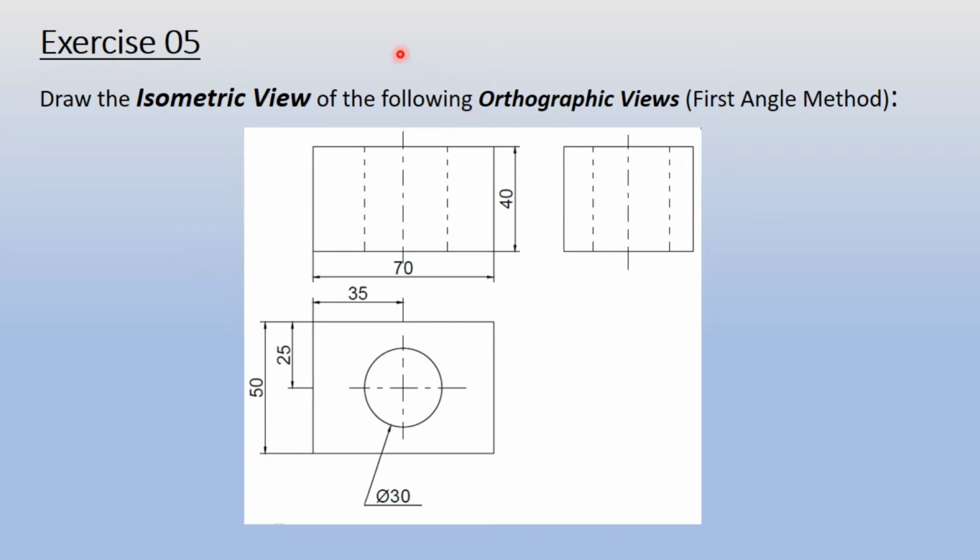If you are viewing this question for the first time, and you have to draw its isometric view, that is the 3D view, it may appear that there will be some problem because of these hidden lines and axis lines. But this problem will become easier because of these hidden lines and the axis lines. These are indicating that there is some hollow portion inside this front view and inside this left hand side view. Actually, this axis line and these hidden lines will make it easier for us to imagine this portion.